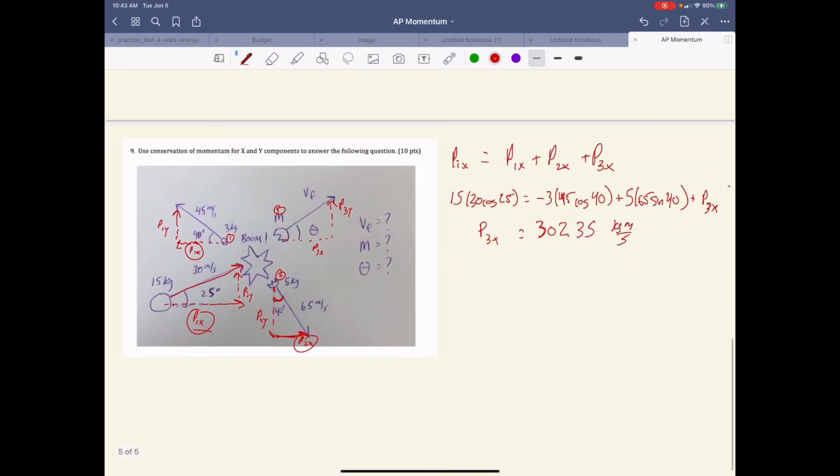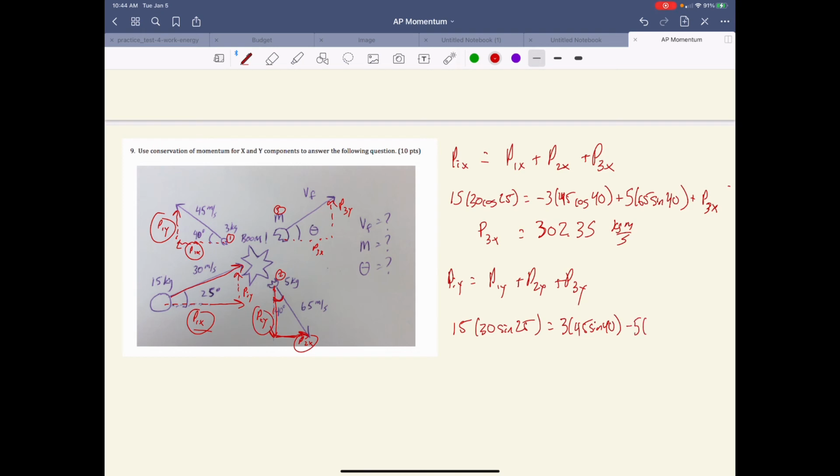All right, now we're going to do the same treatment for the y direction. So P initial y has to equal P1y plus P2y plus P3y. So let's do the exact same treatment. It's going to be 15, 30 sine 25, and that is for the initial y momentum of this object. All right, P1y is a positive value, so it's not going to be a negative on this one. It's going to be 345 sine 40. Now P2y is a negative. Notice it goes downward. So this is going to be a minus